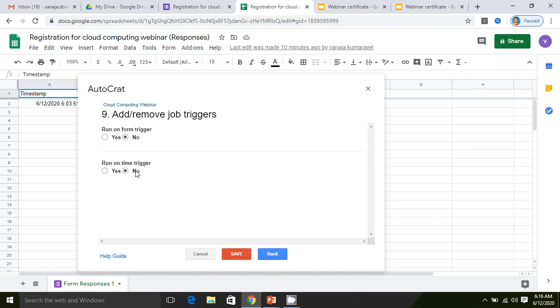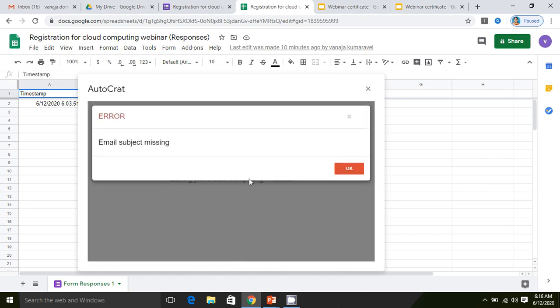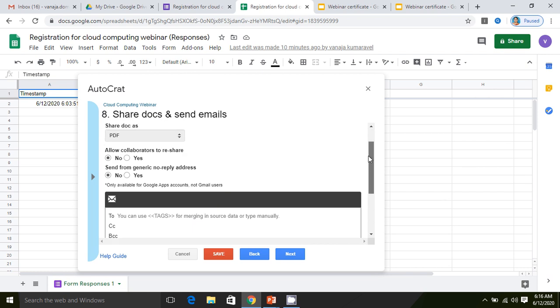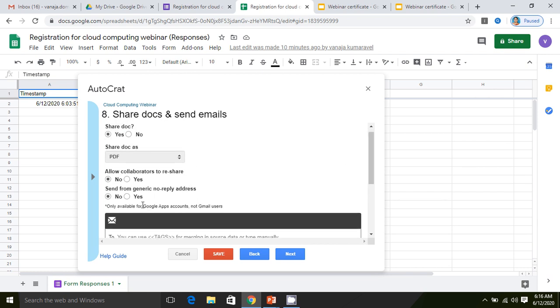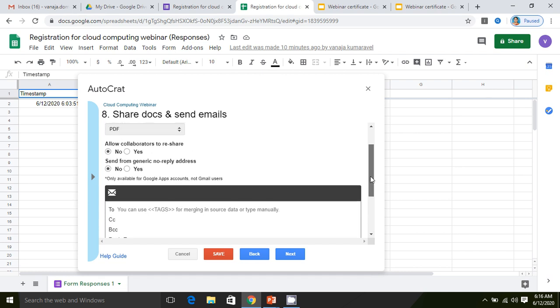So I am going to trigger it manually. Here I have kept no and then click on save. Okay, this is not done. Fine. Here we kept allow collaborator and all this. In the eighth step we missed something, that is the email account of the participant should be enabled, right? Here what we have to do is, the email account of the participant should be enabled. Now the email account should be enabled here.